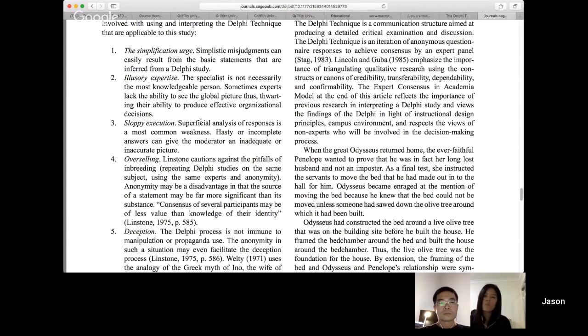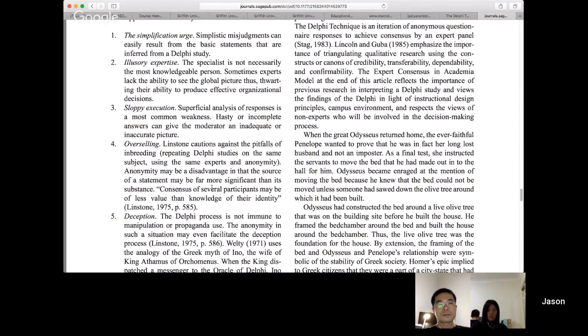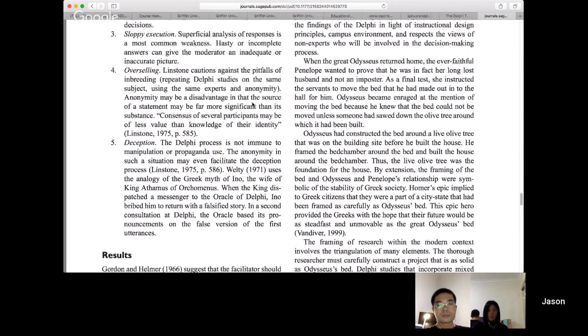That's why the selection of the panelists is an important part of a real Delphi survey. Of course, if you just take fairly uninformed people, then you'll only get fairly uninformed results. Sometimes they're done sloppily in terms of the research. Very often they're oversold. You come up with some good results and you say, yes, the experts have determined that tablet computers are going to be the way things go in the future, and all students will be using them, and they're going to revolutionize education, without highlighting the limitations of any research process, including Delphi consensus-making processes.